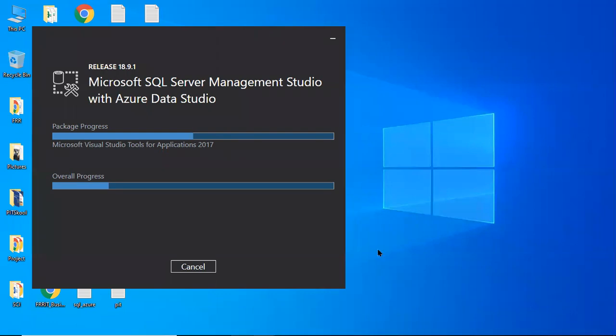Manoj is asking how to know service engine and SSMS are connected to each other. No, we'll see that one. By default, they are not connected. We have to connect, right? Same thing, we have to connect to the Gmail server. We have to open the Gmail website, we have to connect through a browser. Same thing. After installing SSMS, we have to open SSMS by selecting the server name of the server we have to connect to. Then we can connect.